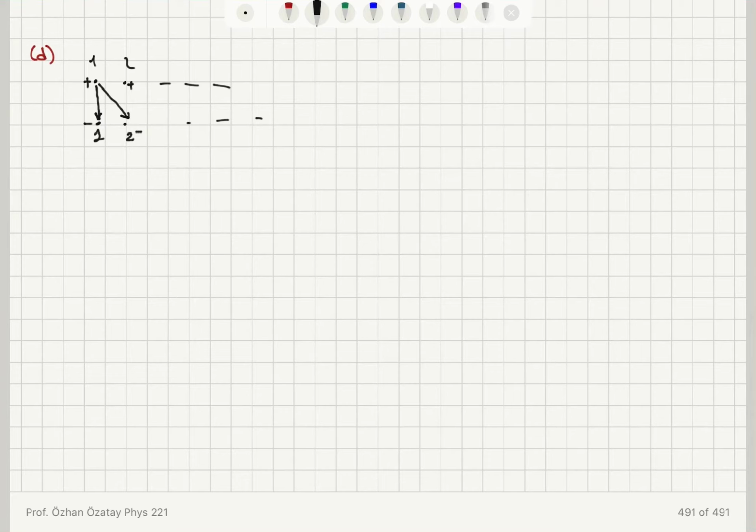So for each ion, we can have the corresponding electron out of N bar electrons, any one of them. So for the second one, any of N bar of these electrons. So we have N bar squared possible ways of obtaining